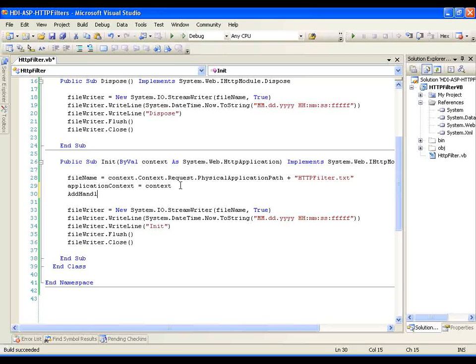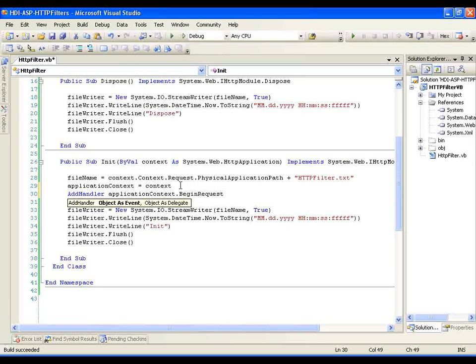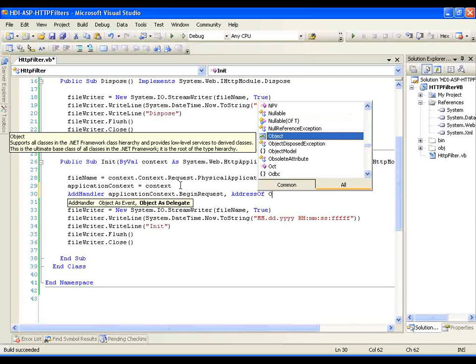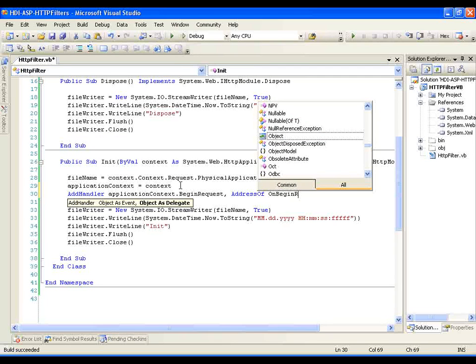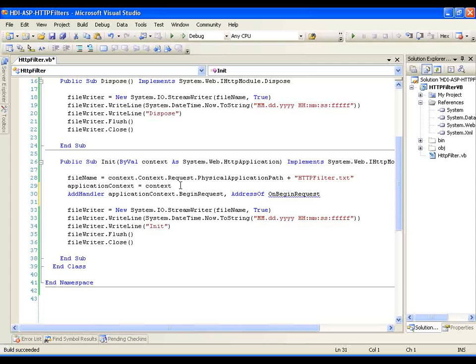handler, and then we want to add that to the application context. Begin request event, and here you can see the list of events that we just saw in the Word document, and this will be implemented to map to an on begin request event handler, which we're going to add momentarily here. So now we need to go down and create that event handler